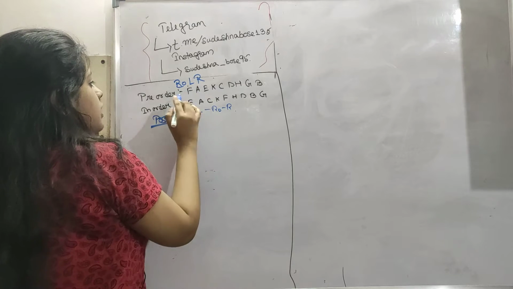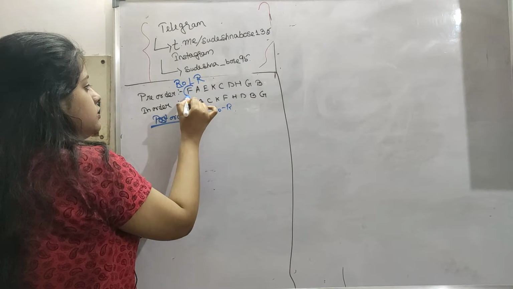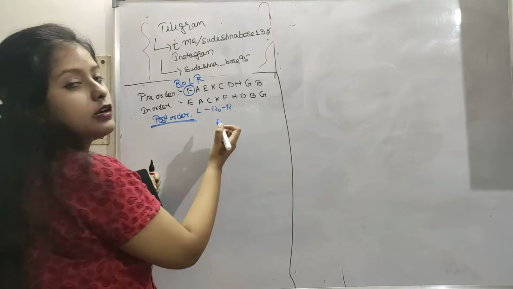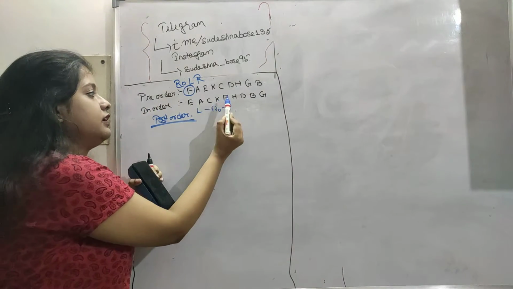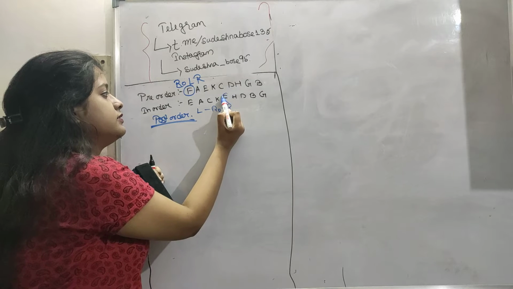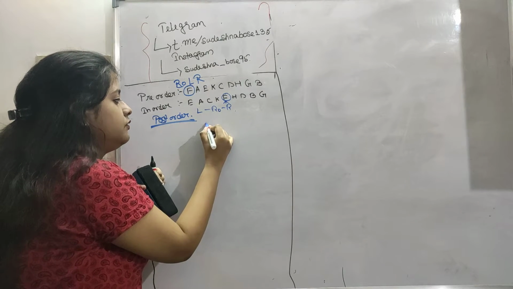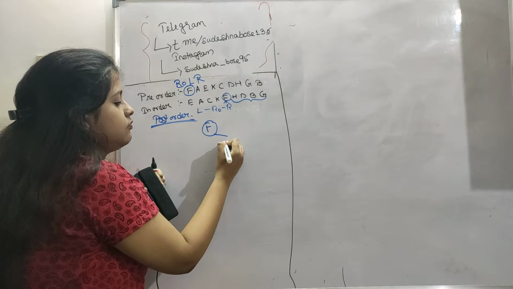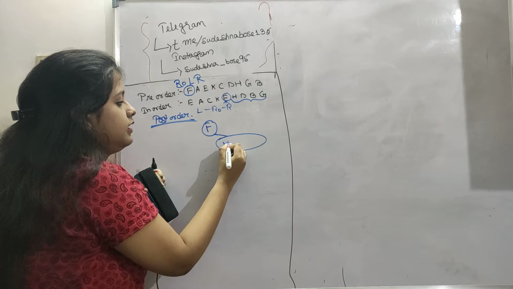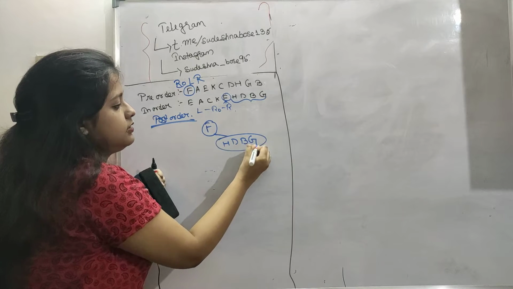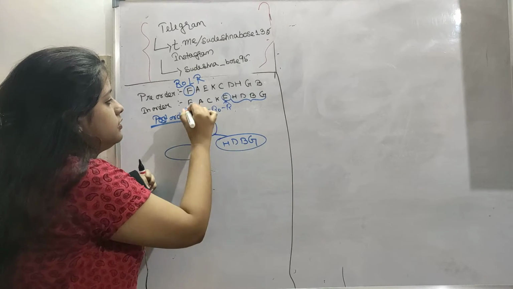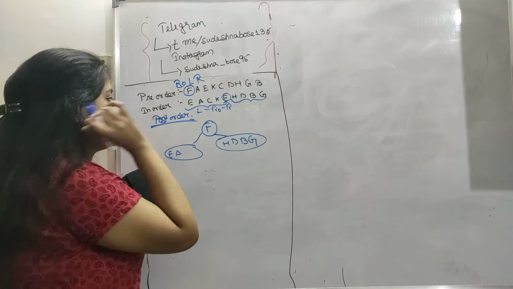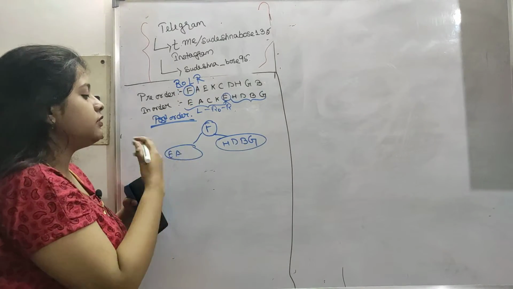So here F is our root. Let's point it out. F is our root, so now in in-order we have to find where F is. See, this is F, which means this is our root. So here we start making our tree. All of this is on the right: H, D, B, G, and E. We have to write in this order, because here the root will be, I will tell you.